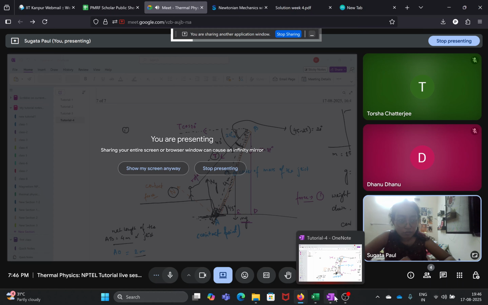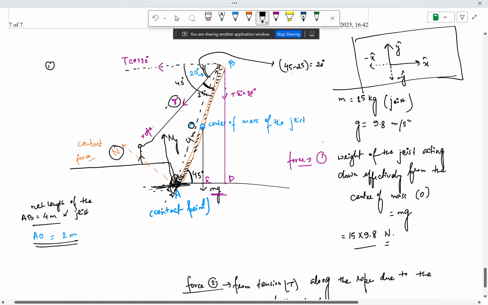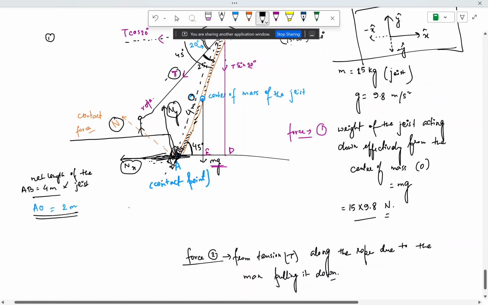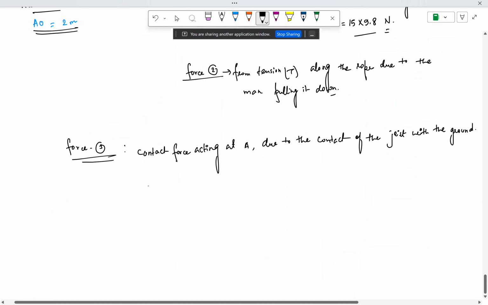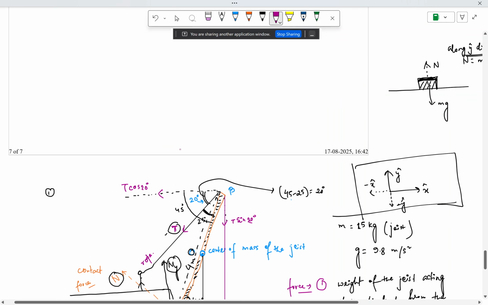Right. So let us go back to our solution. This has a vertical component ny, and the horizontal component we will call nx. These are the horizontal and vertical components. Once these are set, the contact force we have renamed as n in our problem acts at the contact point, and it has two components: along the horizontal direction nx and the vertical direction ny. Now all the forces are defined.